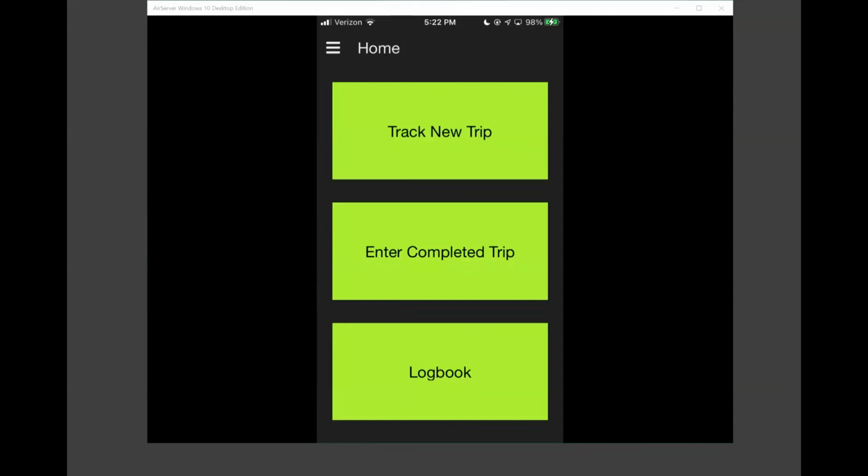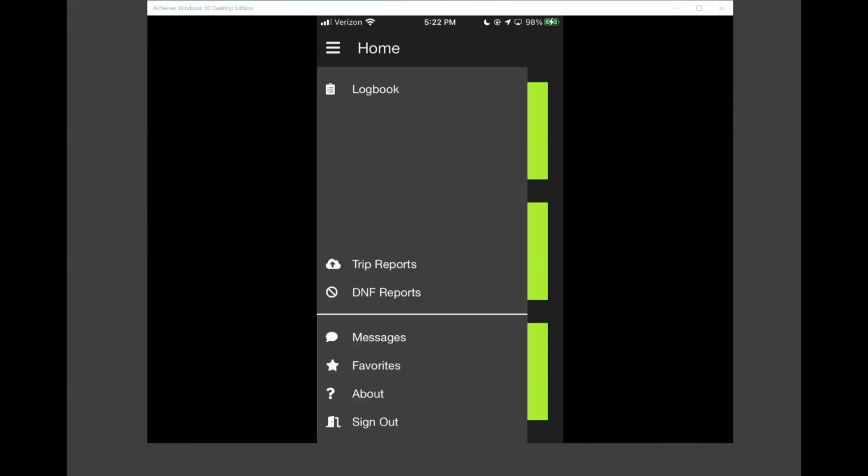As you're looking at your home screen, to the left of the word home are 3 white bars, like a hamburger menu. If you tap that, it opens up a menu, and about 3 up from the bottom is a field that says favorites. So when you select that,